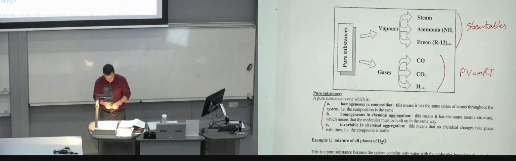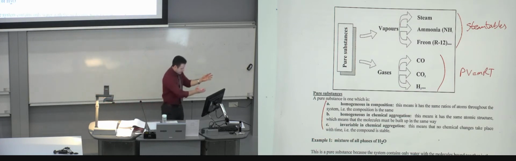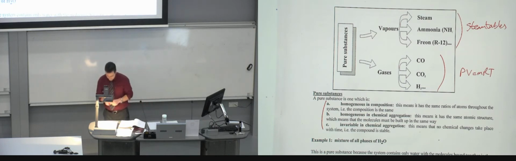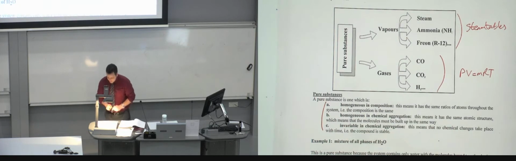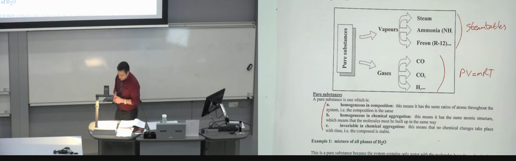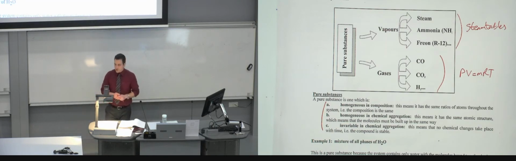Homogeneous in composition. This means that essentially you have to have the same ratios of atoms throughout the system. You can't have varying compositions. For example, if it's not fully mixed or homogeneous, then it can't be a pure substance. And that's the case in the chemical aggregation as well. So it has to have the same atomic structure. If it's not in that state, for example, it starts reacting, or the molecules have different buildup, then obviously that is not homogeneous, and that's not going to be